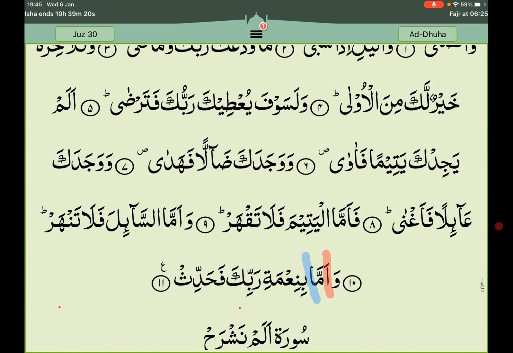That will happen in all of them, mashallah. Like there's 2 here, there's 2 here. So it could be a single alif, or it could be connected to the letter. Any more questions?